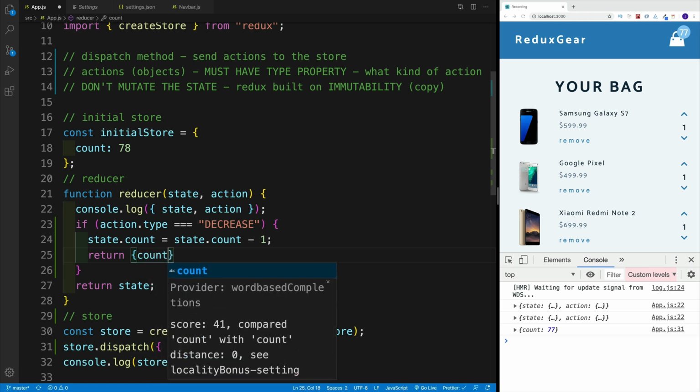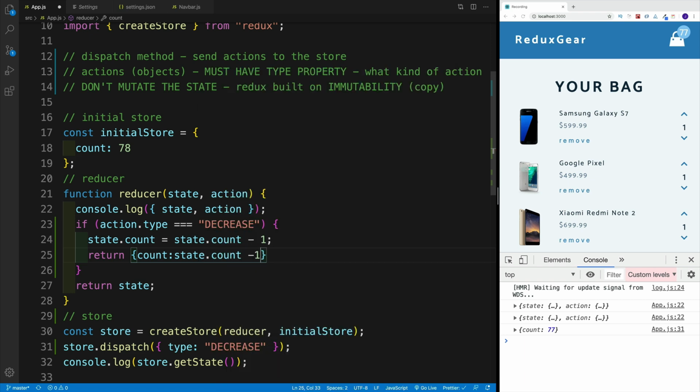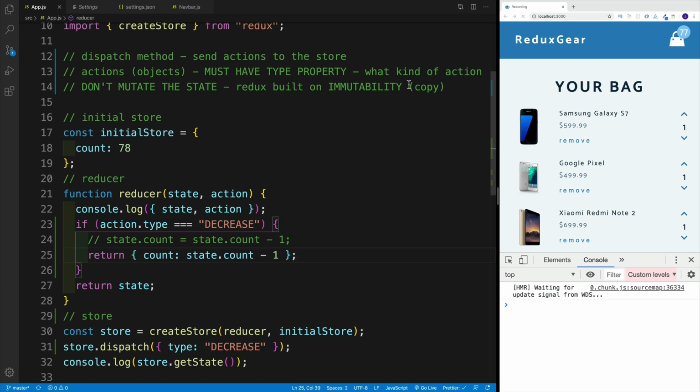And I'm going to set my count property equal to state count -1. And notice what we're doing. So now we're returning a new object. So that way we're not mutating the old state. So now I save it. I still have my result of 77, but now I'm doing this the proper way where I'm returning a new